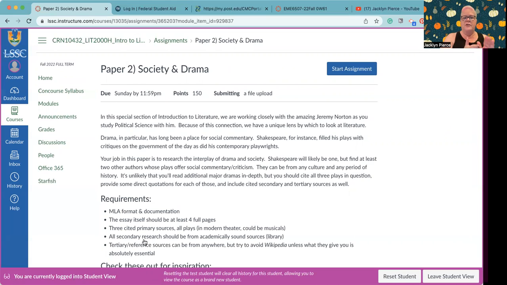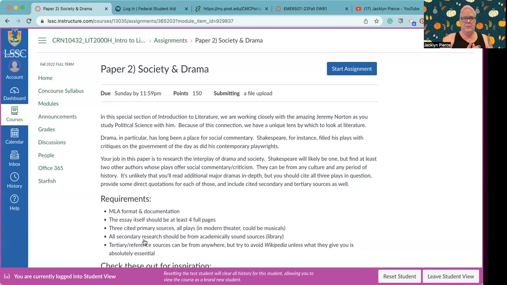That genre of literature has almost always had close ties to the politics of the culture that created it. So that's what we're going to explore in this second paper, Society and Drama.